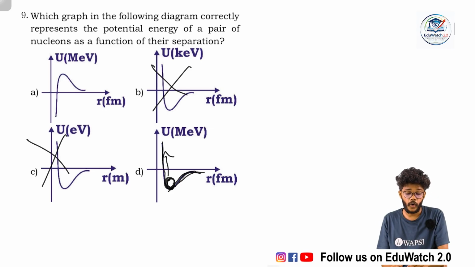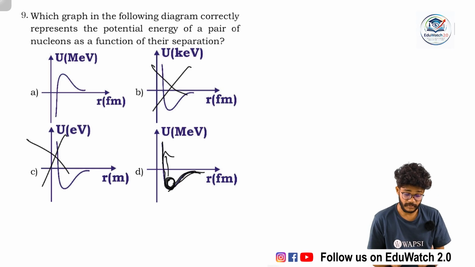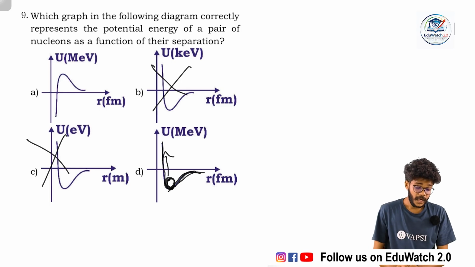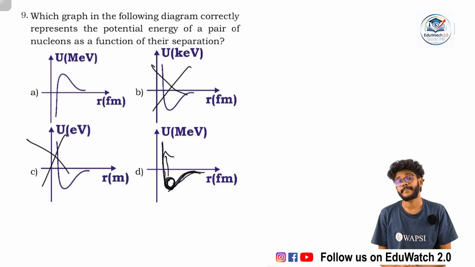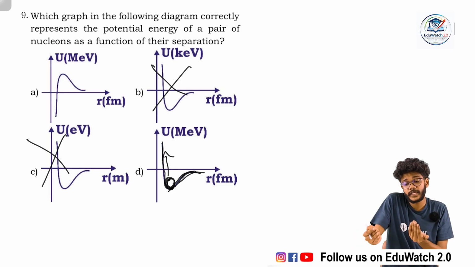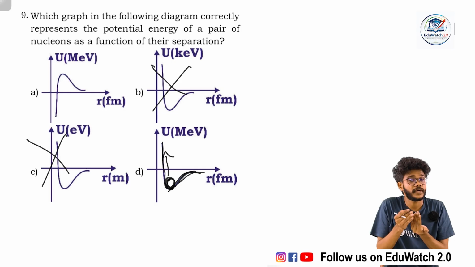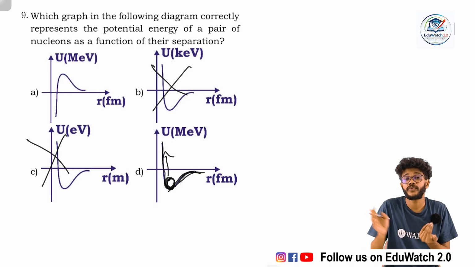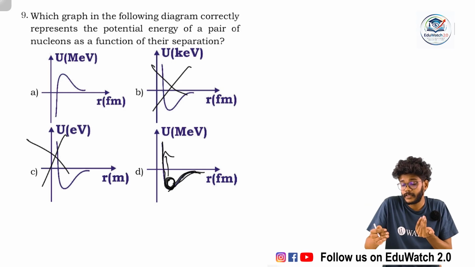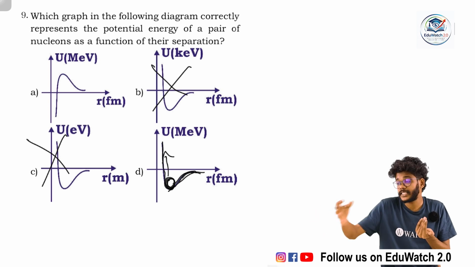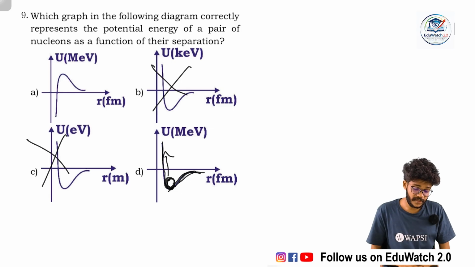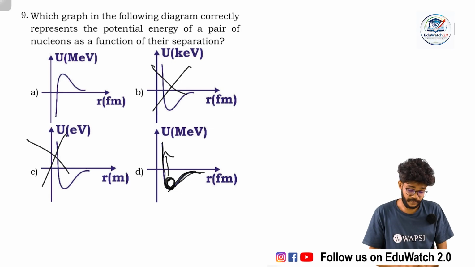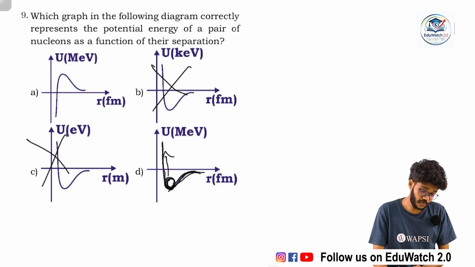Okay, so option D is the correct graph, which represents the potential energy of a pair of nucleons as a function of their separation. If the particle comes nearer to the nucleus, then it is repelled by a high force, and if the particle is going away from the nucleus, then it is attracted by a force. That is represented by option D. Okay, so we can move to